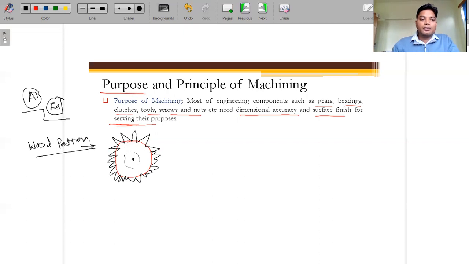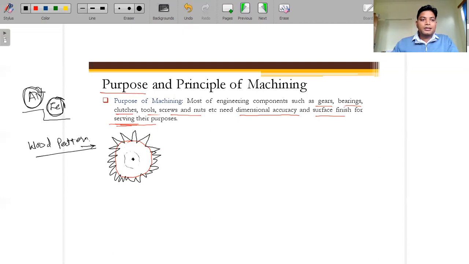These materials have a shrinkage allowance, meaning when it goes from liquid to solidification, it has a liquid shrinkage at solidification, and then from solidification to room temperature it has a solid contraction. It depends on the material we are using, which we have already gone through in the previous lecture.